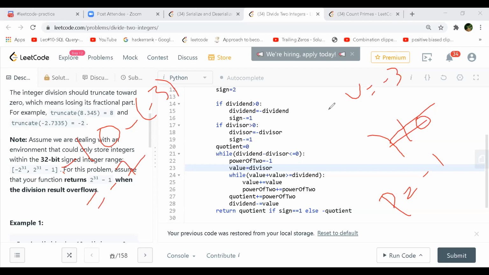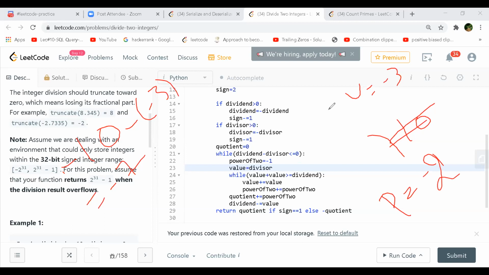So 3 plus 3. It is a reverse way around, right? On line 24 also. So the value is 3, and in your original example 3 plus 3 is 6. If 6 is lesser than your 10, correct? Then you can go in this while loop. One more time, you check. Now your value will become 6, and therefore your power of 2 will become 2, because you have multiplied 3 by 2. Your power of 2 is like you are right shifting, because you have multiplied your divisor by 2. That is what that operation is, power of 2, correct?